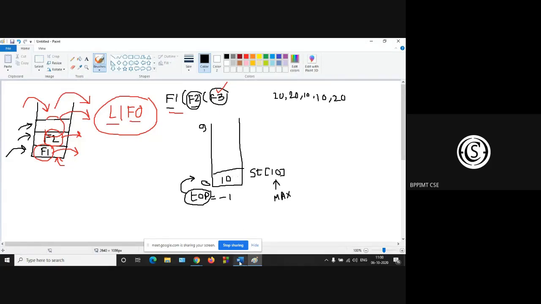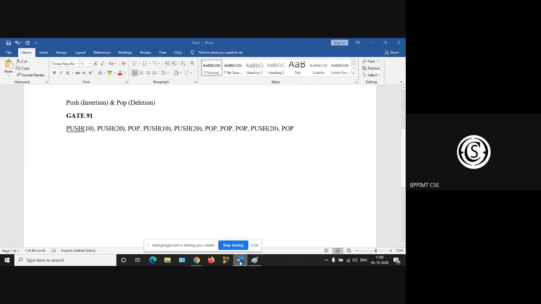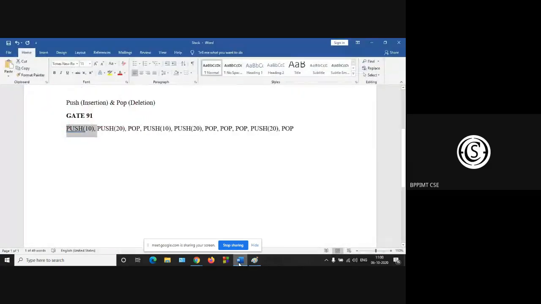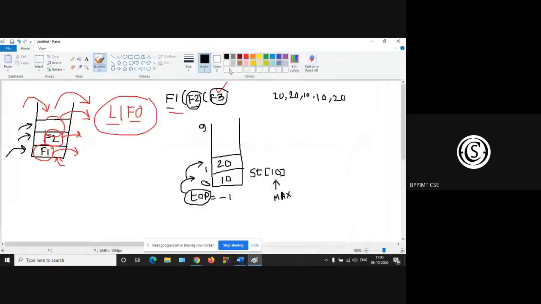Then what is the push 20? So again increase the top and push 20. Okay, so this is 1. Now one time pop.